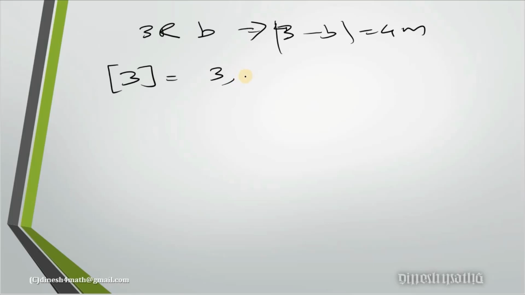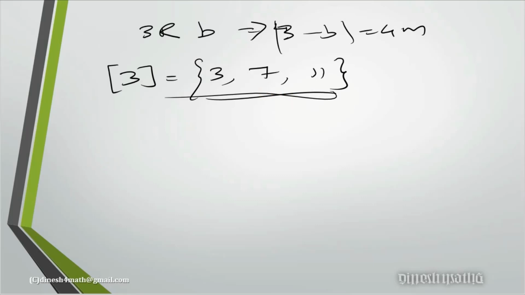Then if it is 3 minus 4, that is minus 1, which is not a multiple of 4. So next you can easily jump to 3 minus 7. So 3 minus 7 is minus 4, that is a multiple. Then we'll go to 3 minus 11, that's also a multiple. Next will be 15, but the given set A is only till 12. So the elements will be 3, 7 and 11.